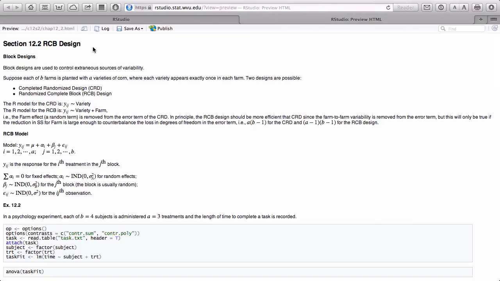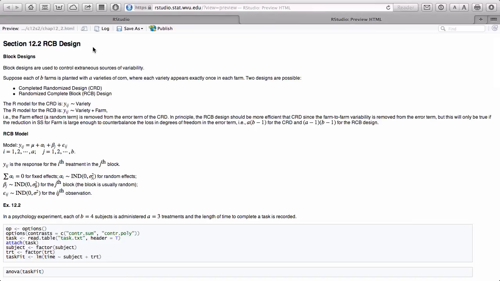So in that case, for example, if you had variety, your response is a function of variety, where variety is a factor. And in that case, you would be comparing varieties to each other. You could do multiple comparisons or whatever. But suppose you have a lot of variation, because you're going to be planting these on, say, farms, and it might be that you plant all the varieties on the same farm, in which case you might control the variation. But if you have multiple farms, what you might do is plant each variety on each farm, but then